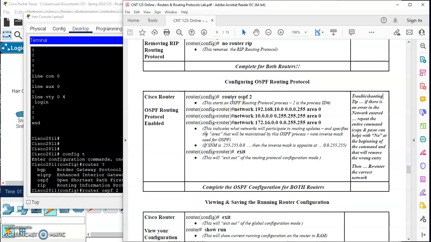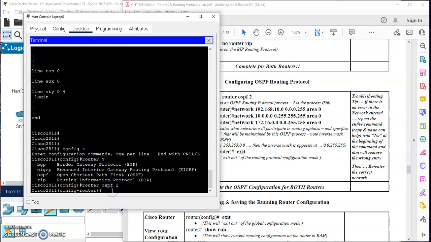So I'm going to do router OSPF, and I need a process ID. If I have multiple instances of OSPF running, I can separate them with different process IDs. That's what this is. So router OSPF 2, and I need to plug my networks in. Let's do the first one. Network